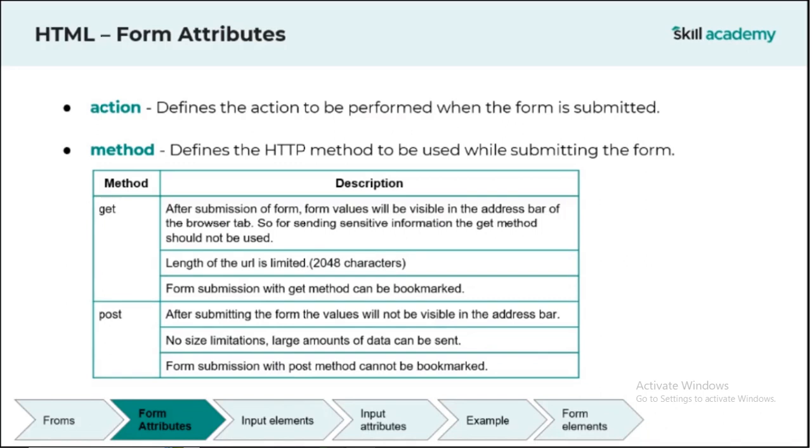Okay, because after submitting the form with the help of post method, the values will not be visible in the address bar. There is no size limitation. Large amount of data can be sent. Form submissions with post method cannot be bookmarked. So this is the difference between your get and post method. अब मैं आपको ना प्रैक्टिकली दिखाता हूँ कि get method किस तरीके से इंफॉर्मेशन को एड्रेस बार में विजिबल करता है और पोस्ट उसको किस तरीके से हाइड करता है।